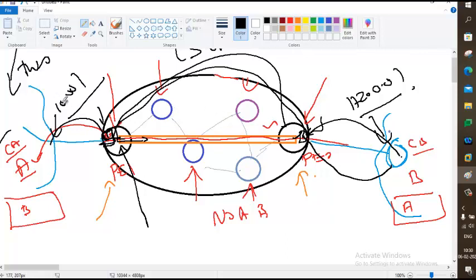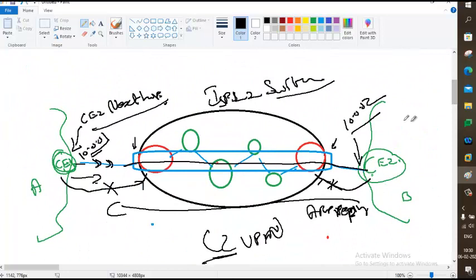Another difference, the customers are in different subnets, so they need layer 3 VPN. Here the customers are in the same subnet, then they cannot go for layer 3 VPN, it is layer 2 VPN. From a configuration point of view, layer 2 is very easy compared to layer 3. But layer 3 is what you will enjoy doing. That is the truth. But layer 2 is easier than layer 3.